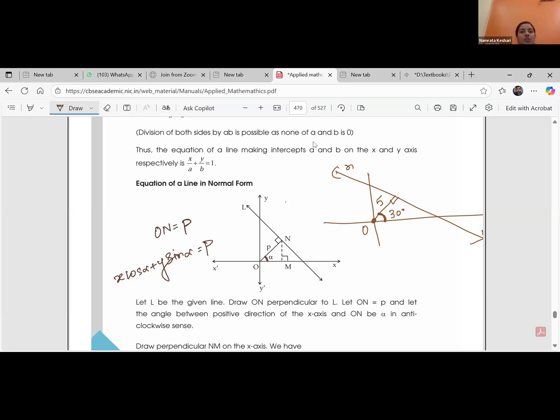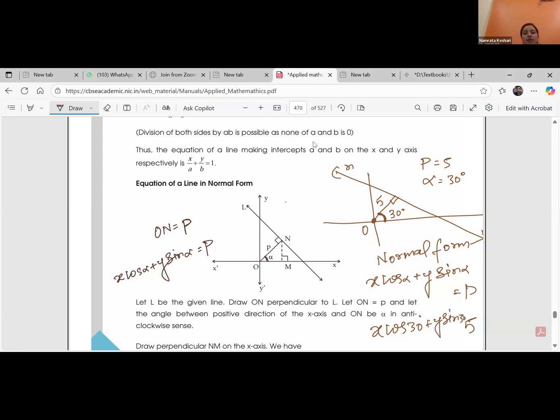So how will you find the equation of line n? You will say that according to the given situation, the perpendicular distance from the origin is given. That means P is given as 5 units, and the angle alpha is given as 30 degrees. That means we need to use the normal form. And what is the normal form? x cos alpha plus y sin alpha is equal to P. P is 5 over here, alpha is 30. So x cos 30 plus y sin 30